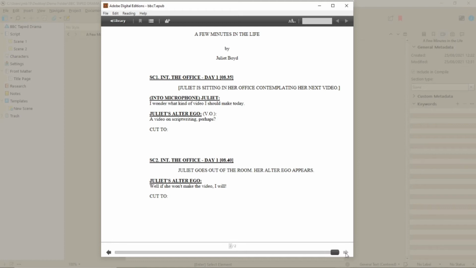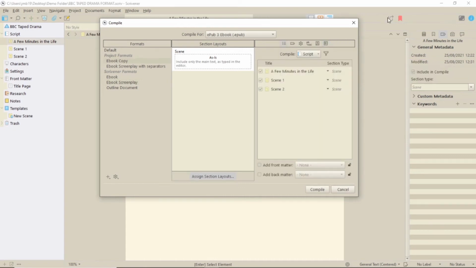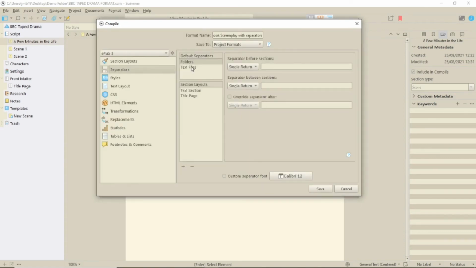Basically, this format doesn't work well as is for publishing an ebook. However, if all you want to do is create an ebook script for your community play so that people don't have to carry wads of paper around, you can omit the contents completely by unchecking the box, and you'll be fine. But you do need a contents page for an ebook on a publisher website. So how do you get your script ebook to display properly for publishing?